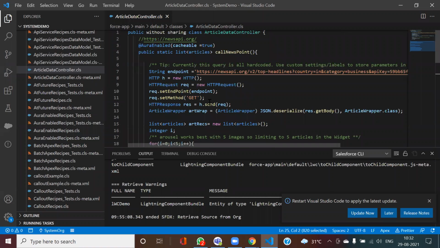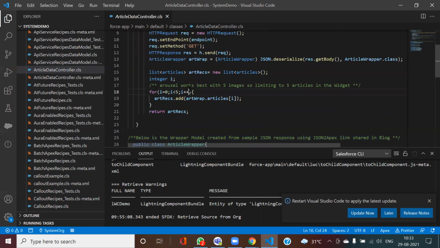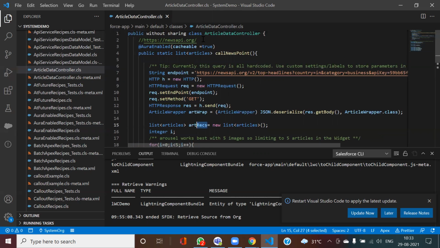Since this data is already in the form of an Apex class, I'm just taking, I believe, the first 5 records. After that, I'm returning this JSON class, this wrapper class, that's it.